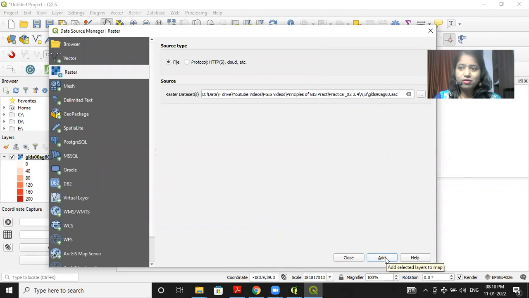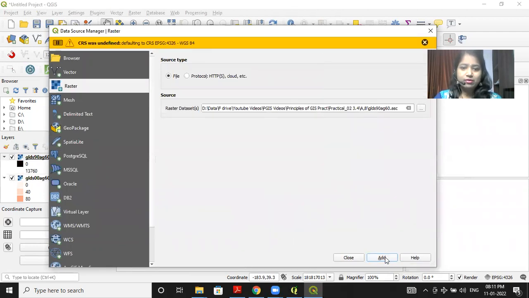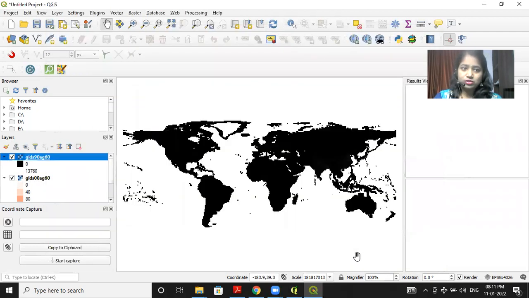Then I'll click on add. Now I'll click on close. So again, you can see that the population of 1990 is displayed here.